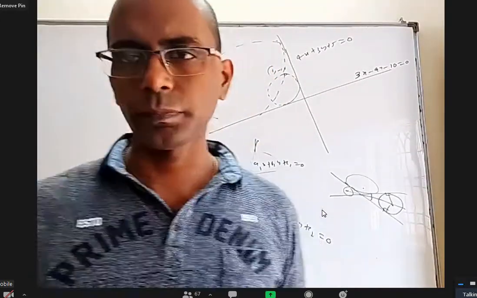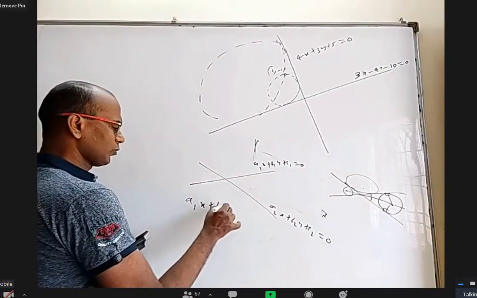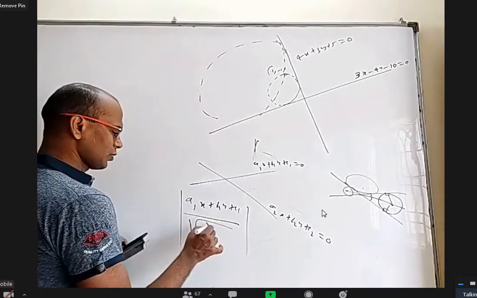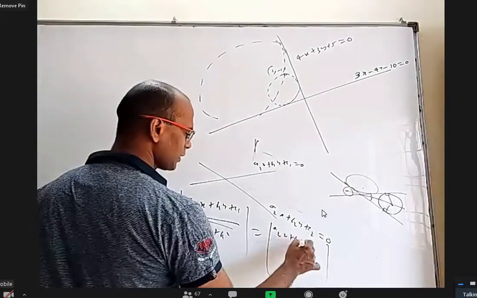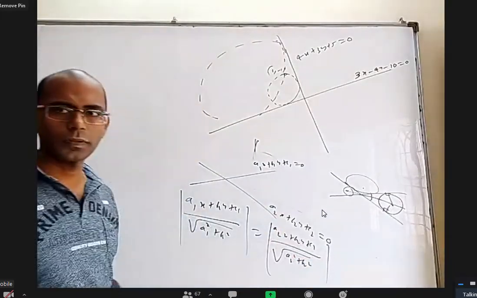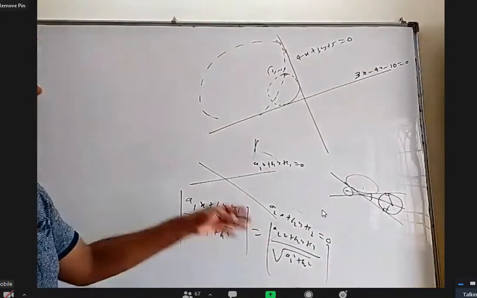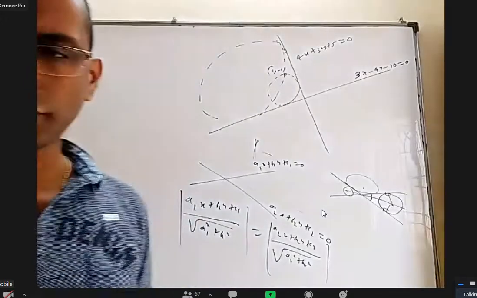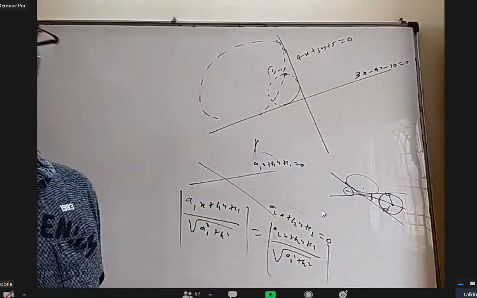So an angular bisector can be treated as the locus of a point from which the perpendicular distance to both the lines are equal. So when you do that, you will get |a1x + b1y + c1|/√(a1² + b1²) = |a2x + b2y + c2|/√(a2² + b2²). If you remove the mod, you get plus or minus. You take plus, you get one angular bisector. You take minus, you get another angular bisector. Just recollecting some thoughts from first year.